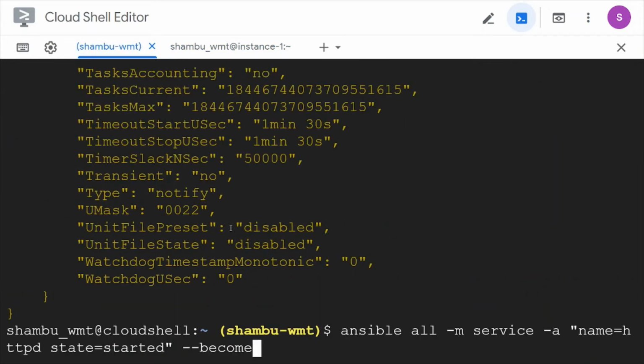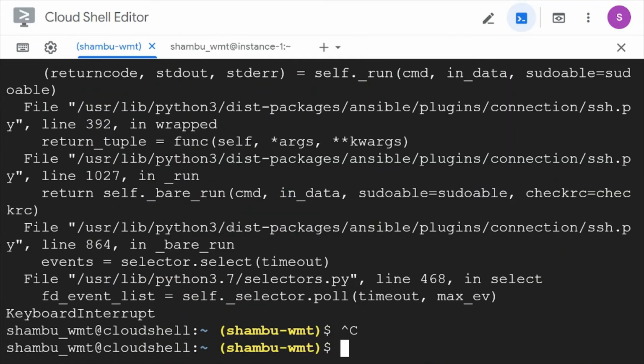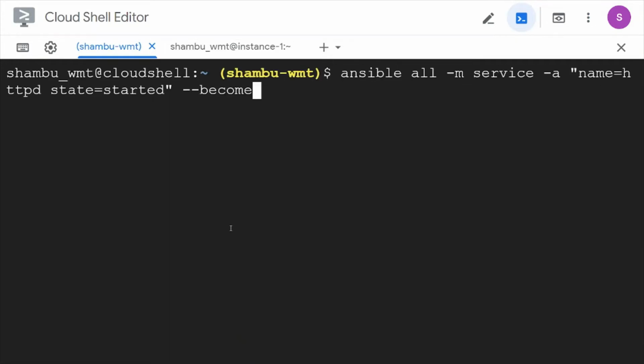Same way we can stop the service as well. If you want to stop some service on the server, this will go and stop httpd.